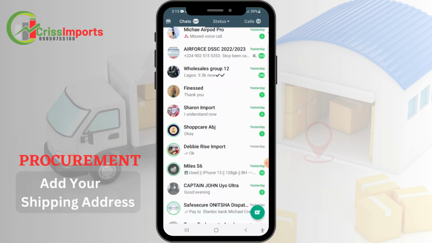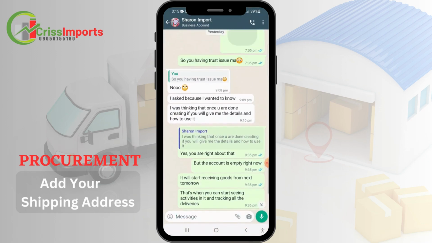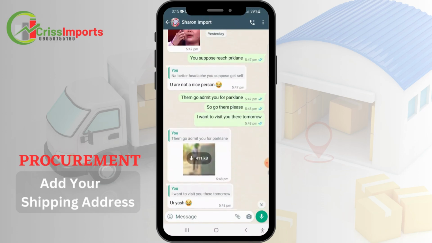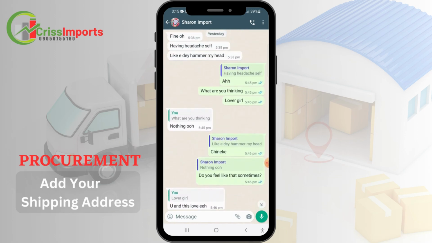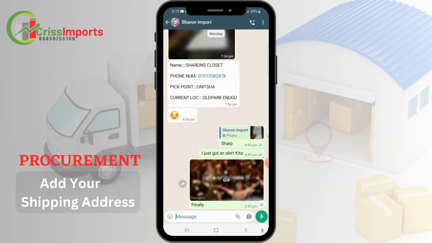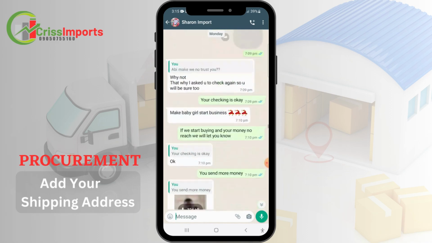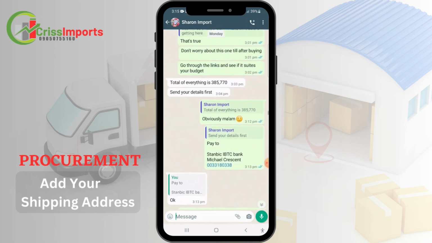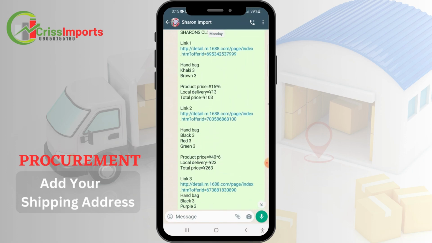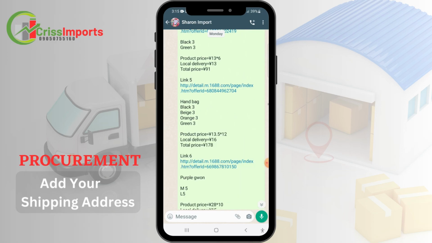So let me check. It belongs to Susan. So we go to Susan's. She has submitted her order. We've worked on her order, and now she has made payment, and she has also submitted her details. So these are her orders that we are going to be buying in this video. These are her orders, okay? So she has made payment for it,